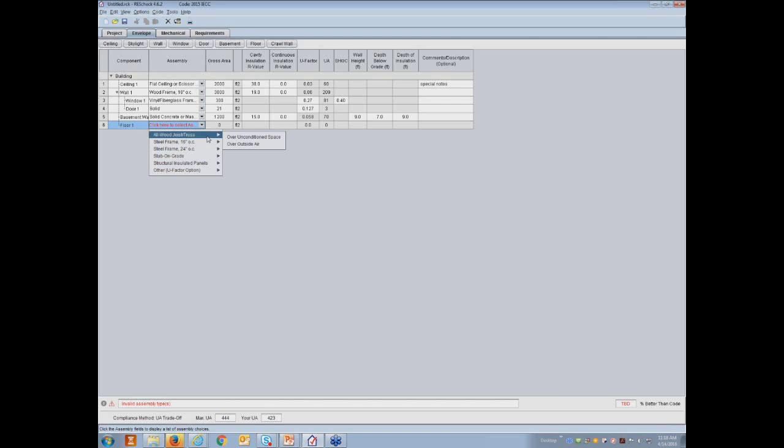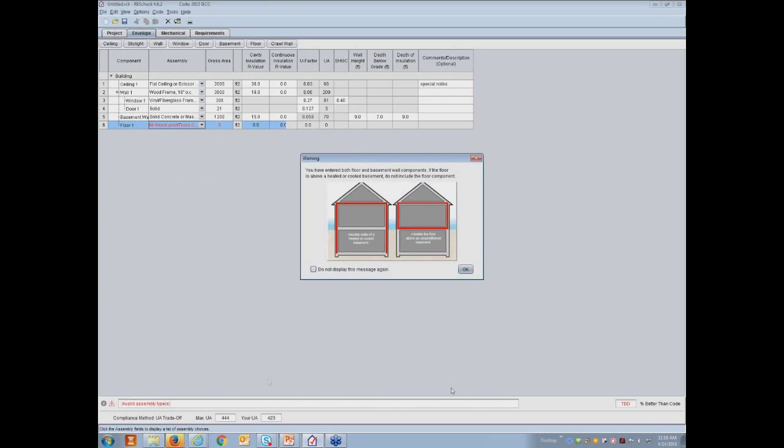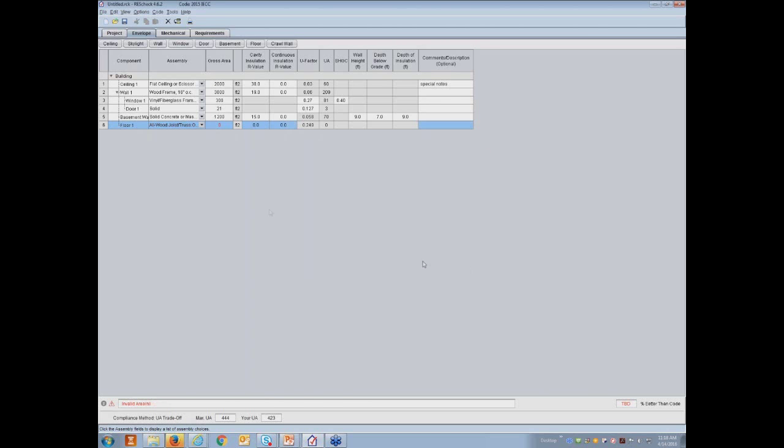So with this one, there were 2 floors. We had a floor over a vented crawl space for the case study, and I had a walkout basement. So I had a floor over unconditioned space, and it gives you a little thing that actually tells you some little warnings. Don't double up your insulation values is another warning that might appear, and you can click on don't show me this message again if you don't want to see it again as well. So with this one, I would enter the floor area, enter my insulation,